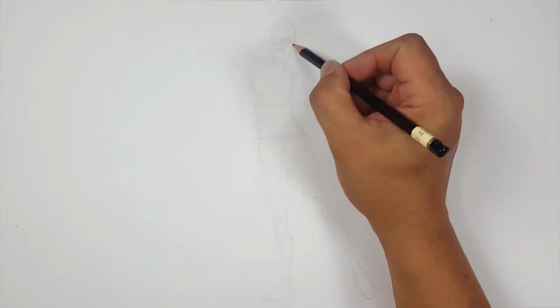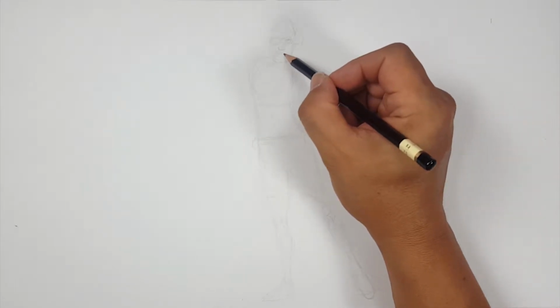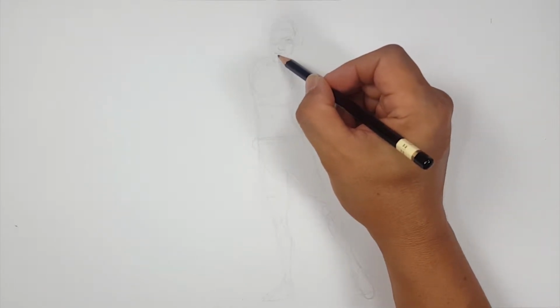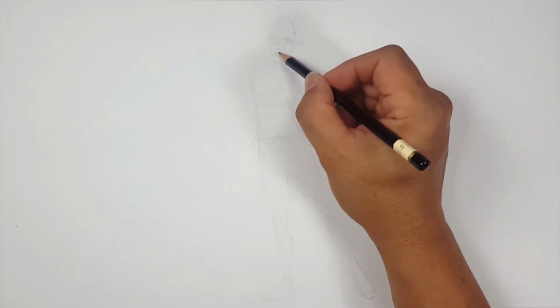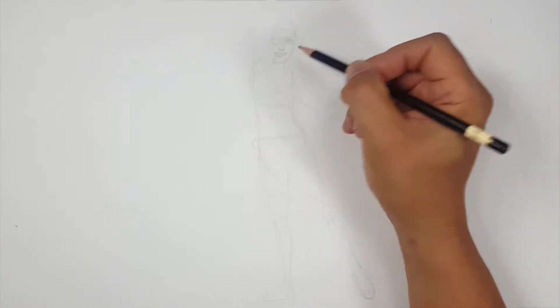Okay, so I think that might work for the nose. Let's see if we can give her kind of a smile. And I know I have to be careful too, because these Sharpies bleed a lot onto this paper, because I'm just using regular paper, just like you could find. You know, I'm trying to give you